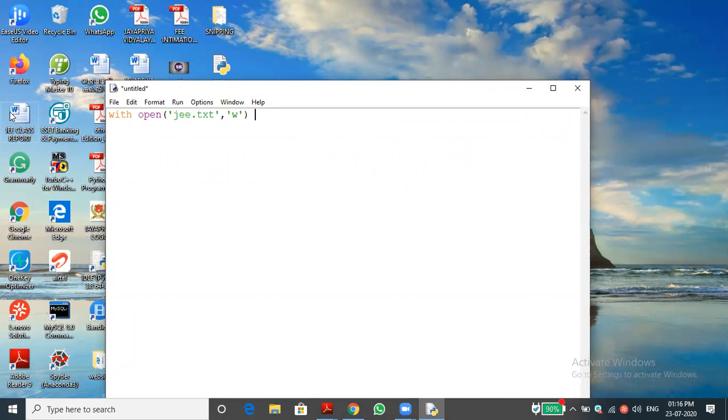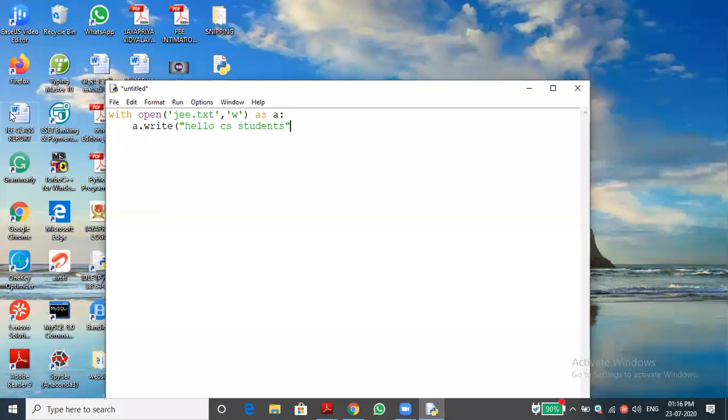As, I'm just giving the file object a, then a colon. Then I'm giving a dot with the file pointer only, we have to write, no? For example, write. I'm just giving hello CS students.